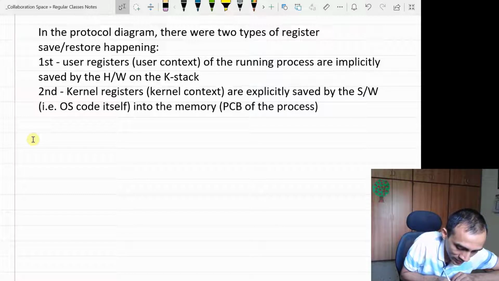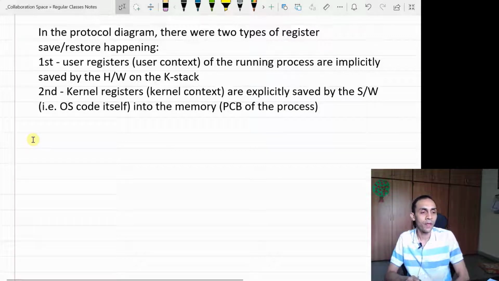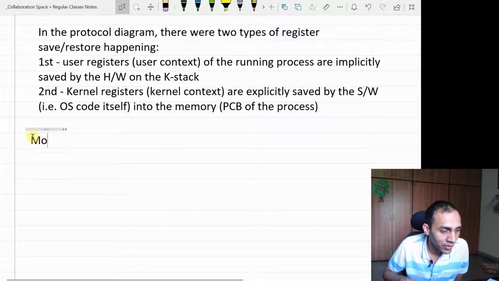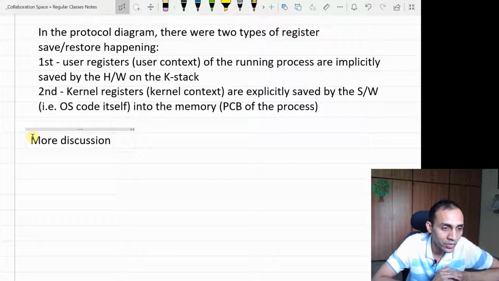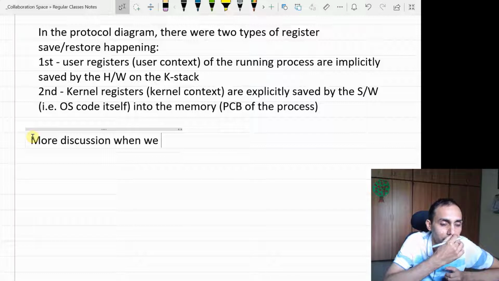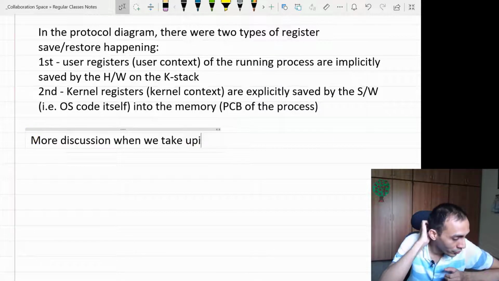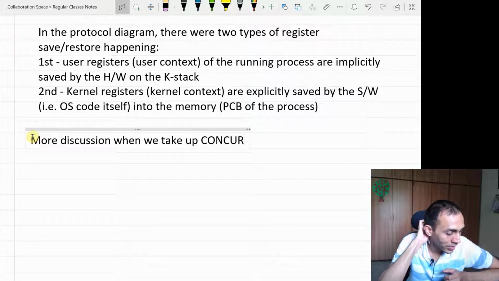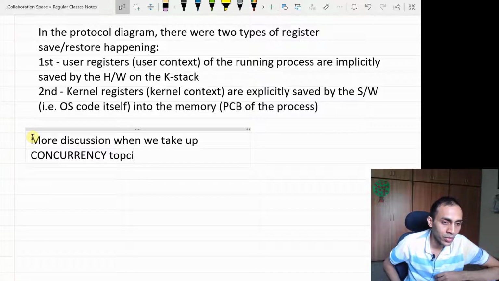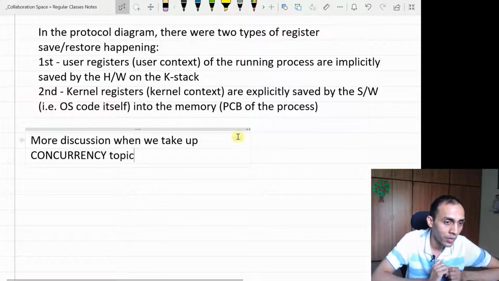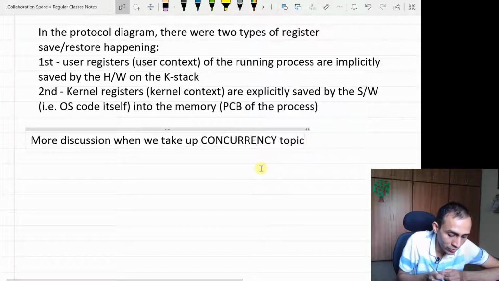This is a common problem, as we saw in our introductory class, when two processes or two threads were trying to increment a shared variable. If there was a switch to another process while one process was in the middle of doing something, it would be a problem. Similarly here, when the OS is trying to handle one thing and there is a request to switch to another thing, if that is not done properly, that will be a problem. We'll talk about all those issues in more detail in concurrency.